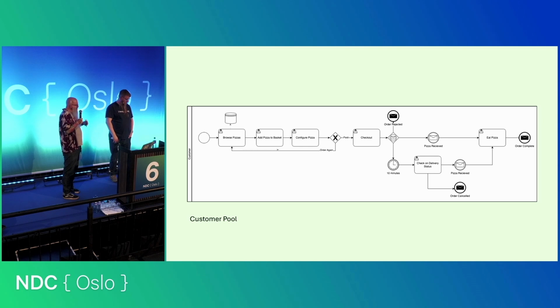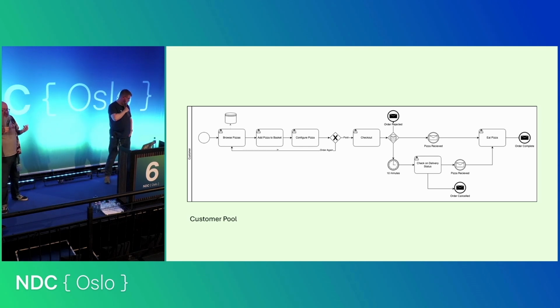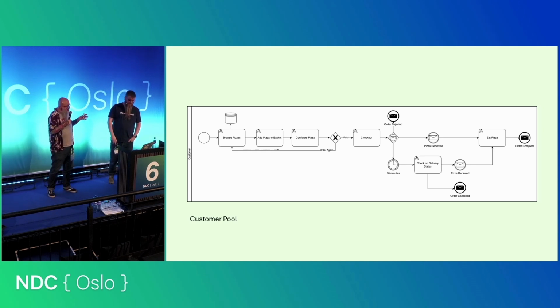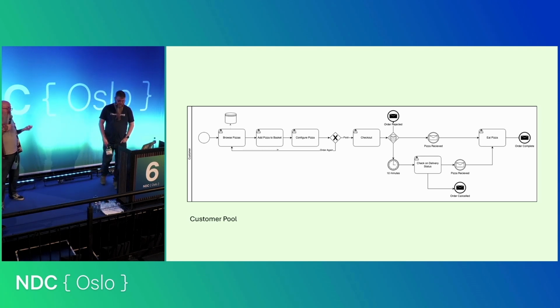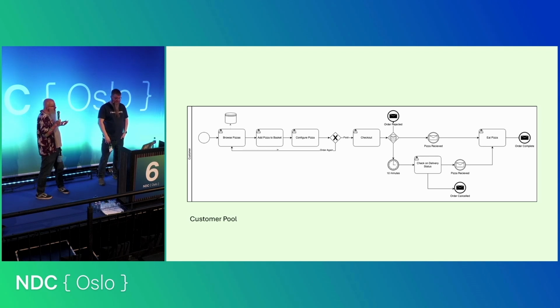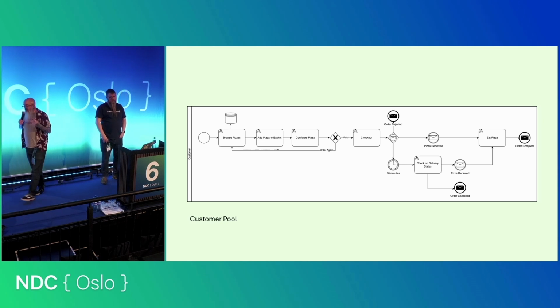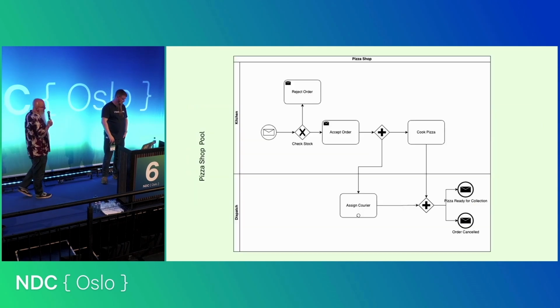So here you can see what we're talking about. On the left-hand side, some user icons. This is the user interacting with our API. Selecting their pizza. We're not showing any kind of API call here. We're just showing the user in that box doing something. The user then effectively checks out. You can see we've got some messaging icons. That's indicating basically that we're waiting, and we're waiting basically for a signal, which is either going to be, hey, the order gets rejected, a message gets sent to us. It may well be a timeout saying, oh, you know, why isn't my pizza here? And eventually, hopefully, we get a pizza delivered to us, and that kind of ends the flow.